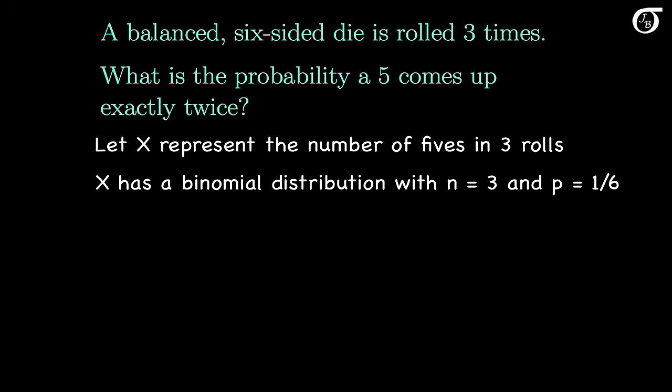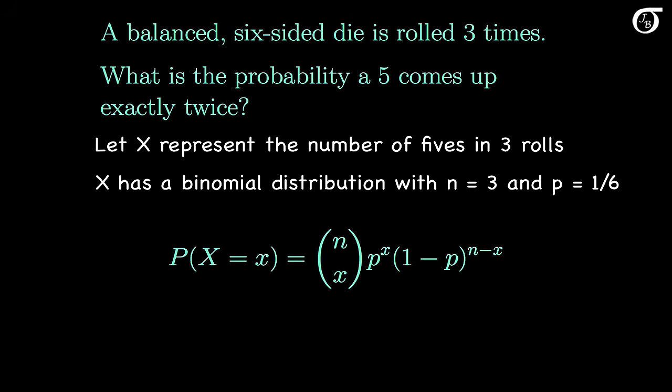The probability of success, 1 over 6, stays constant from trial to trial, and knowing what happens on one roll gives us no information on what will happen on another roll, and so the trials are also independent. So the conditions of the binomial distribution are satisfied here, and to find this probability, we can put this into our binomial formula. The probability the random variable x takes on the value 2 is equal to, our n is